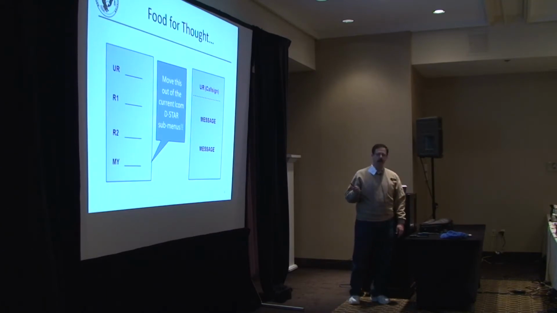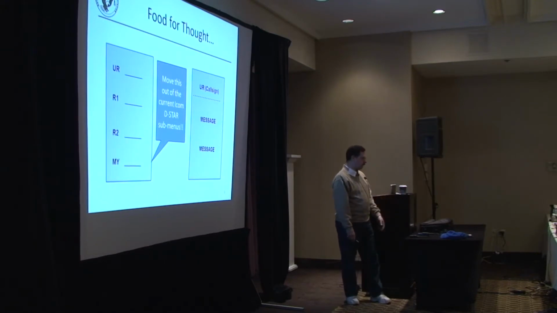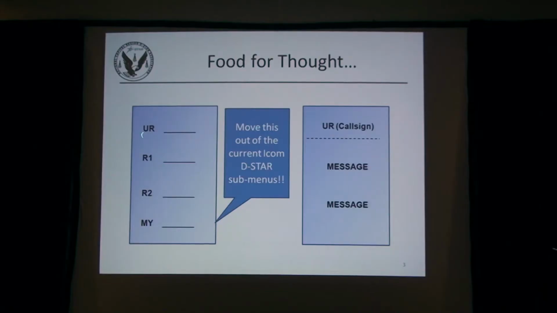So if I could change things, I would say we need a radio with an emphasis on the user interface with a D-Star display. Ideally, you should be able to see the call sign and routing information, and if somebody's sending you a message, you should be able to just see their call sign and the message, without having to see the frequency display and whether it's a negative offset for the repeater or whatever. I would just like to be able to see the information. Unfortunately, the way they do this in D-Star is that the messages are just scrolled across the bottom of the screen.